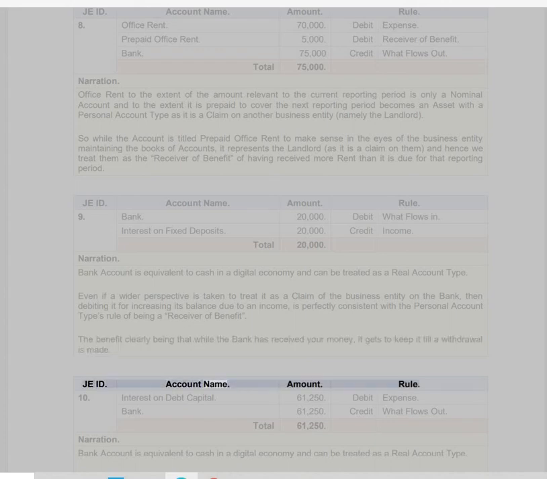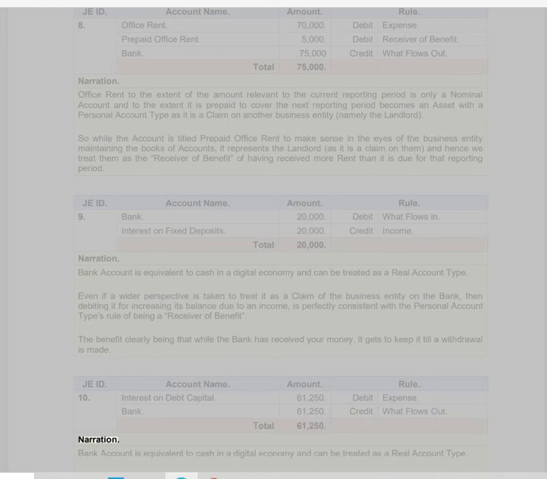JEID, account name, amount, rule. 10. Interest on debt capital. 61,250, debit expense. Bank. 61,250, credit what flows out. Total